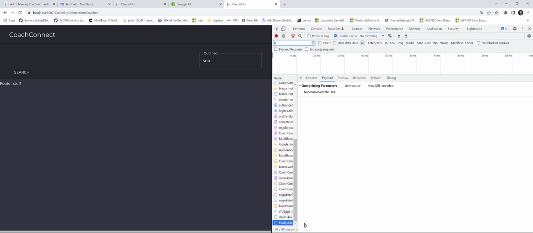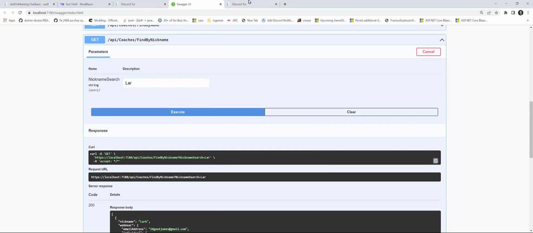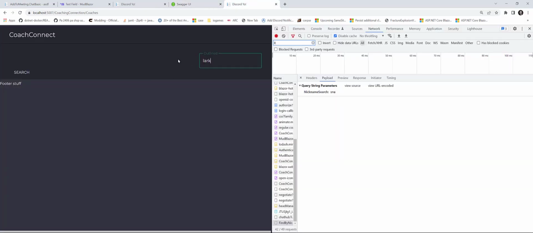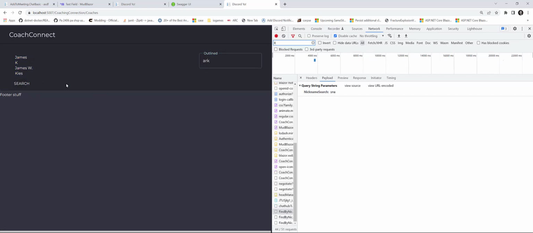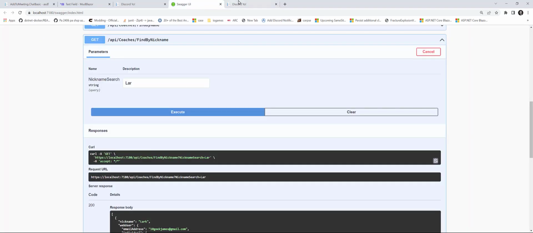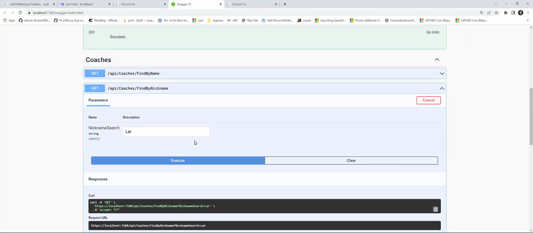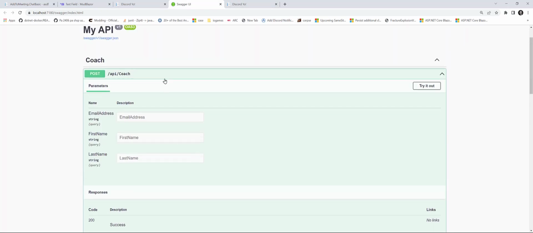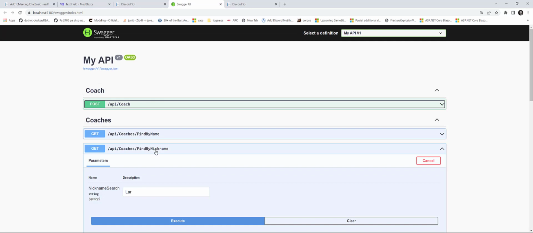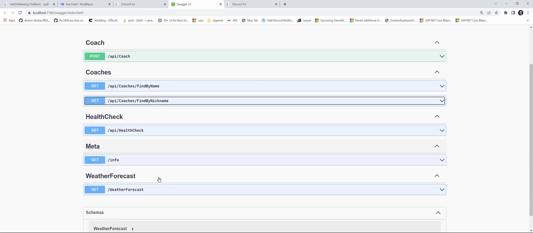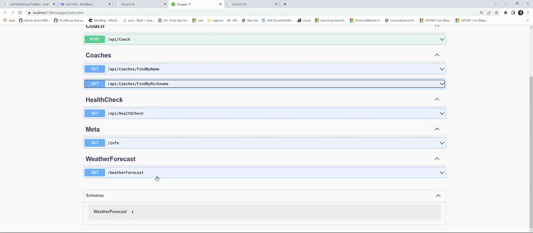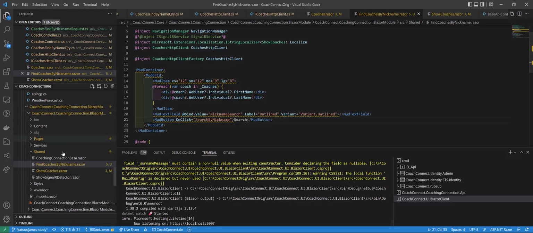Alright, we got a little noise on the line. What was I looking for? Lark. There's Lark. Arc. Partial name matches. We should get 2 if we do, I don't recall. Let's do this get all and see what has it unhappy. We don't have a get all. That would explain its unhappiness.